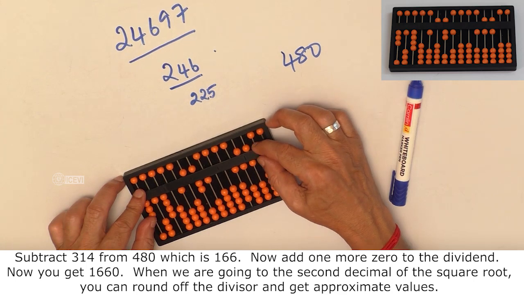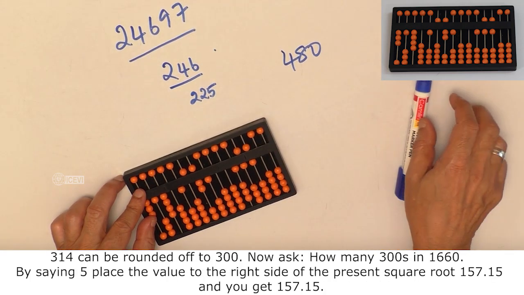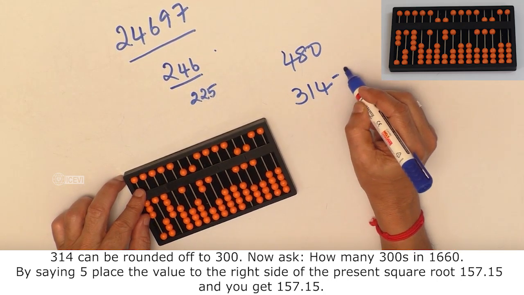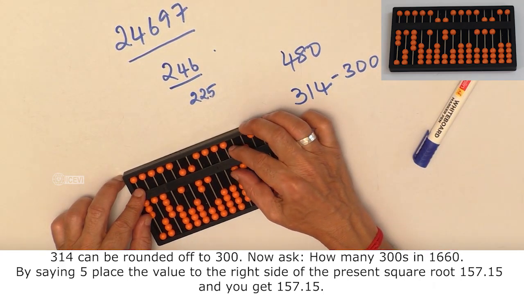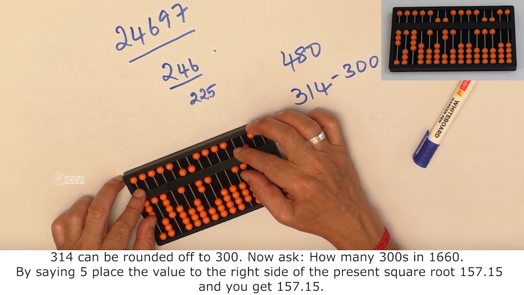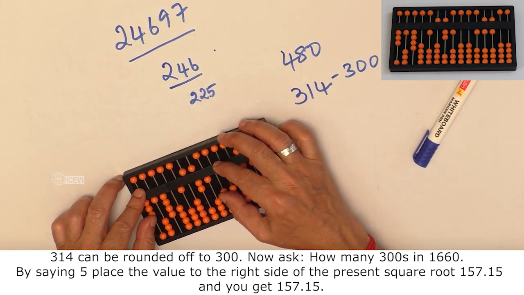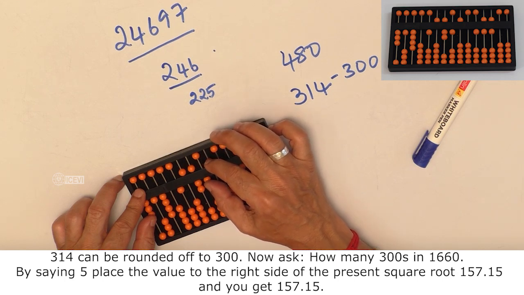1660. When we are going to the second decimal of the square root, you can round off the divisor and get approximate values. Now 314, which is the divisor, can be rounded off to 300. And you ask how many 300 in 1660? By saying 5, place the 5 to the right side of the present square root and it becomes